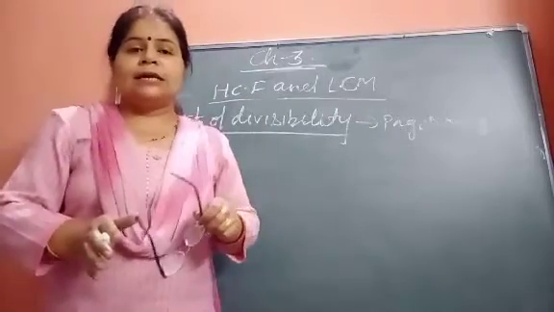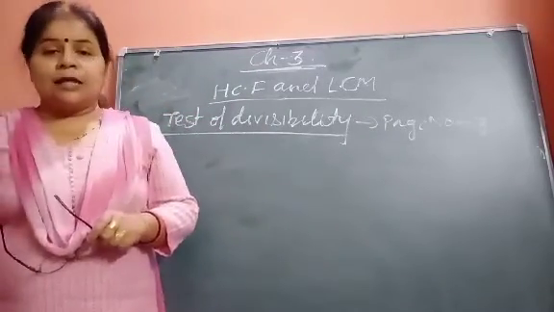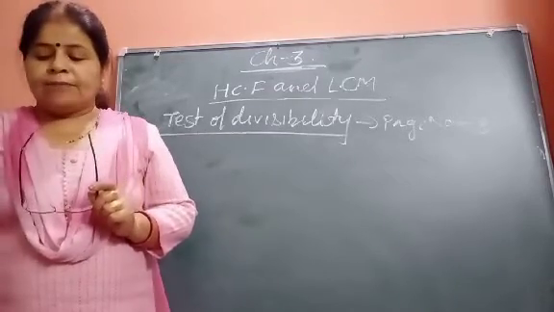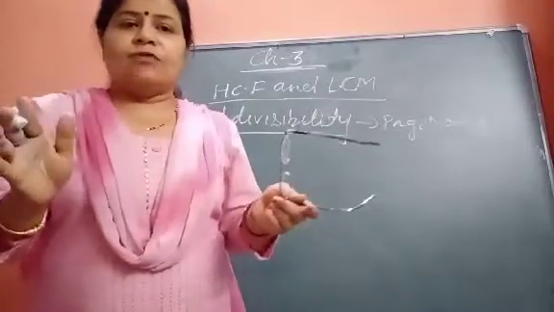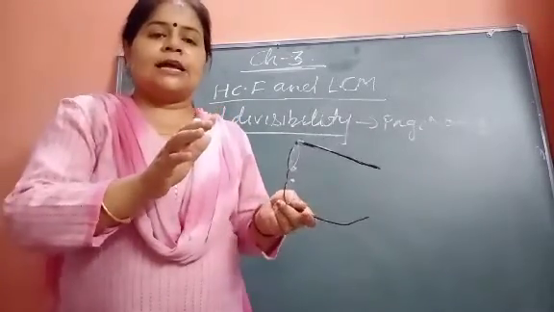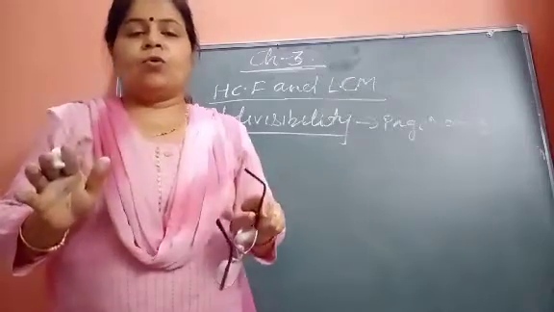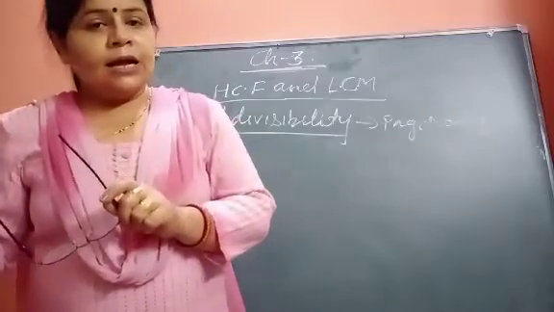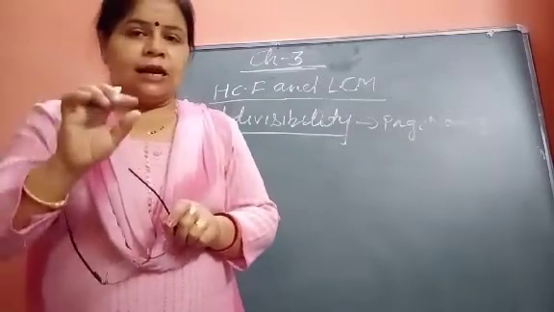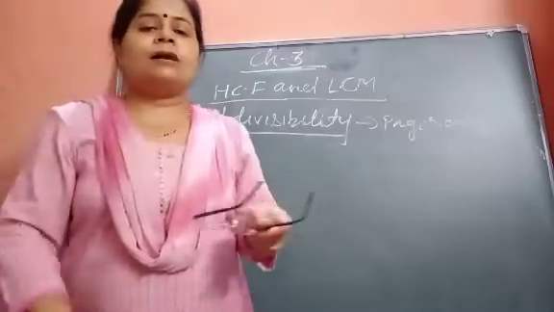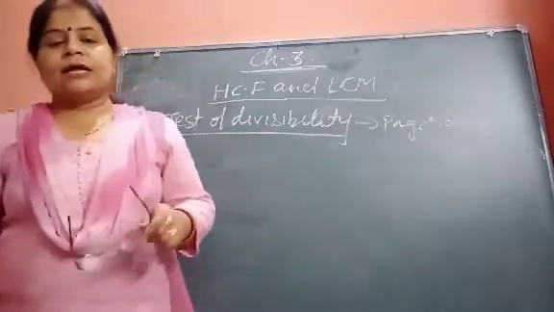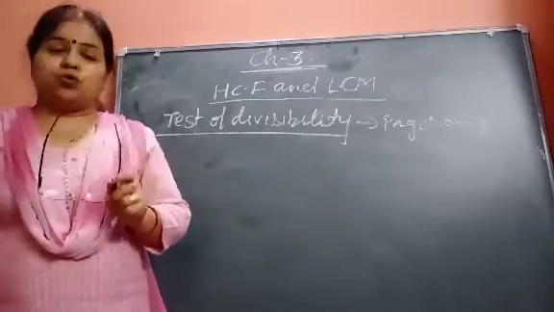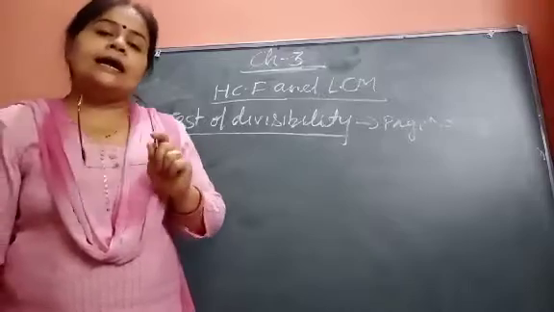Note down all divisibility tests in your copy and after that learn them. The second last is when a number is divisible by 9. As we did for checking the divisibility of 3, take the sum of the digits, and if it is divisible by 9, then the whole number will be divisible by 9. And the last one is divisibility of 10. If a number has 0 in the units place, then the number will be divisible by 10 also.